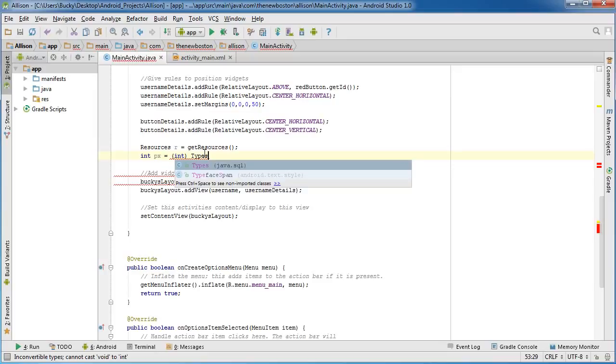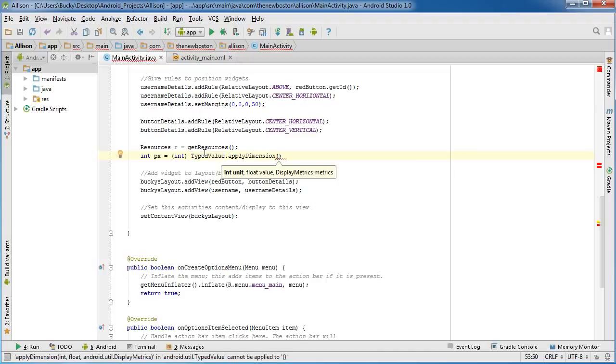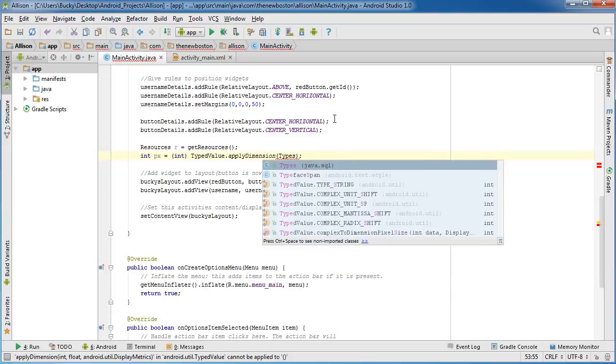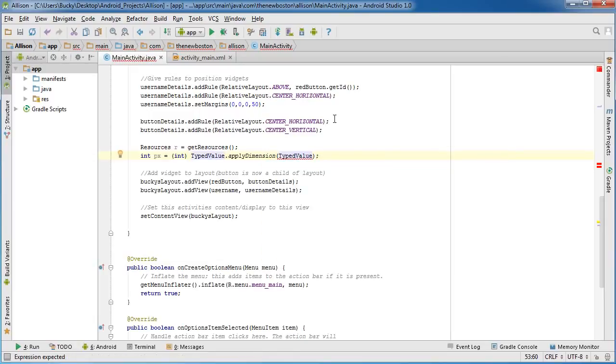So next we want to use TypedValue.applyDimension, and add your semicolon right there, because this is actually going to take three different parameters, and this is essentially the method to convert DIP to pixels. So the first parameter that it takes is TypedValue. Might as well type this out. Why do I always write types? TypedValue. Now after this,